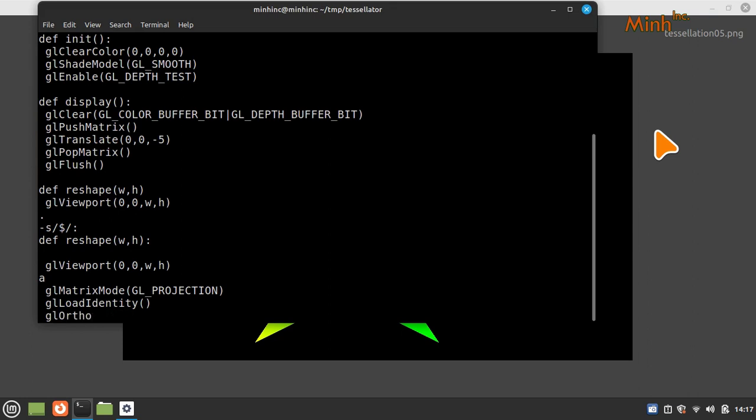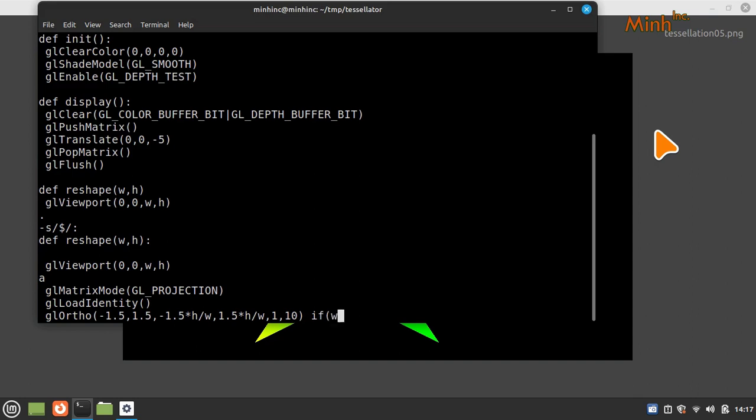GL ortho, this is what we are using: minus 1.5, 1.5, minus 1.5 into 1, 10,